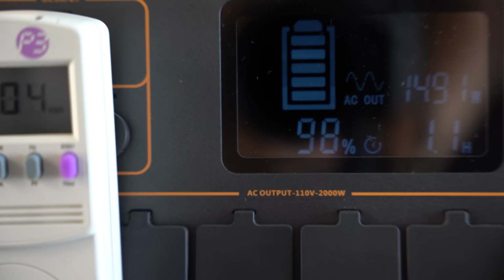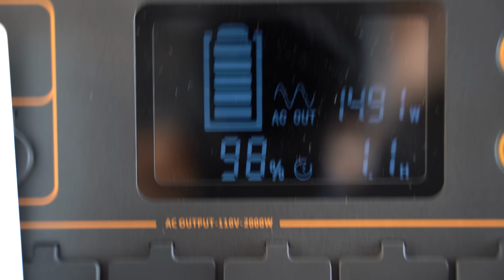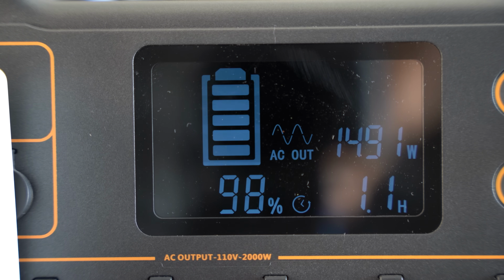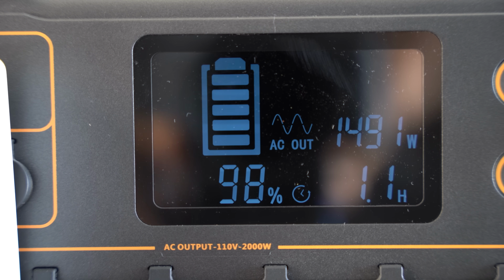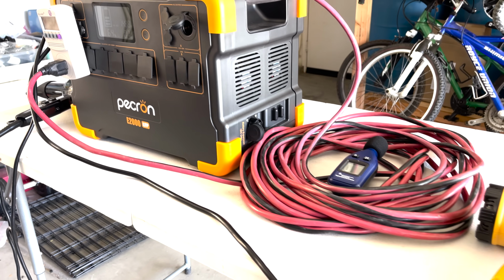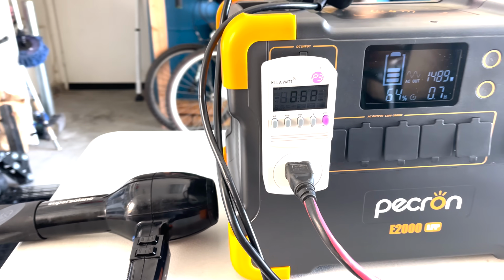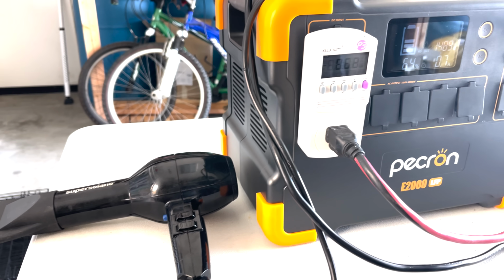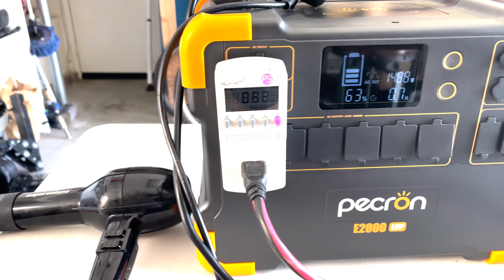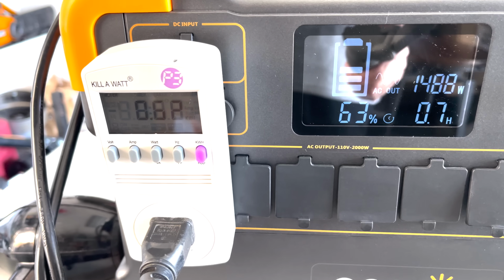Regarding the AC efficiency, what I do is I put the battery under a 75% load. And since it's capable of outputting 2000 watts continuously, a 75% load would be 1500 watts continuously. And I use a heat gun and a hair dryer. You may ask why I use these devices if, for example, in a disaster situation, you wouldn't really need these as a high priority item. And the answer is that with these devices, I can actually control the output to keep the load at 75%